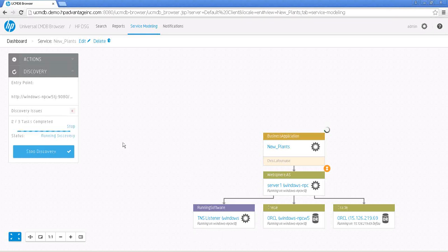Oracle instances. Although the discovery is still running on the left, and we might discover some additional components, and this map could be a working model in progress until it finalizes all the discovery jobs that it needs to run. But the overall value is really reducing your time to value to do something like this, by using